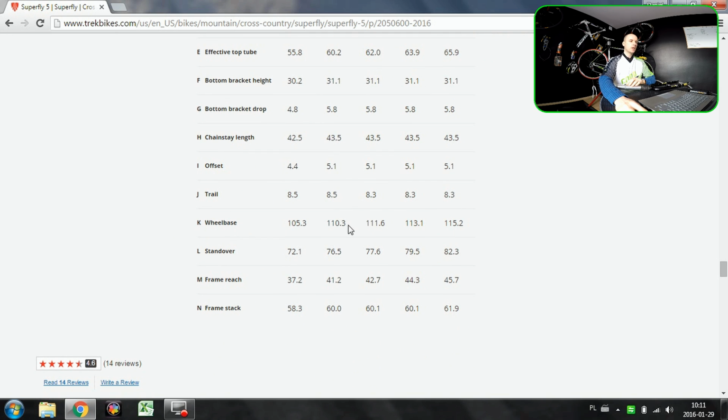As you can see, the difference in terms of wheelbase is the same as the difference in terms of your reach. So the distance between your wheels will be a bit more than 3 centimeters for those two frame sizes. What does it mean? It means that the bike with the longer wheelbase will handle better, will be more stable at high speed,